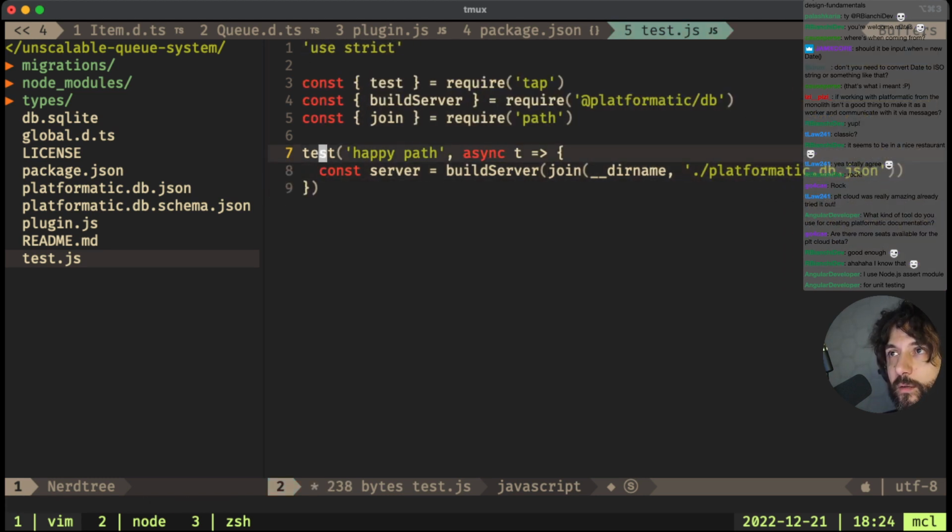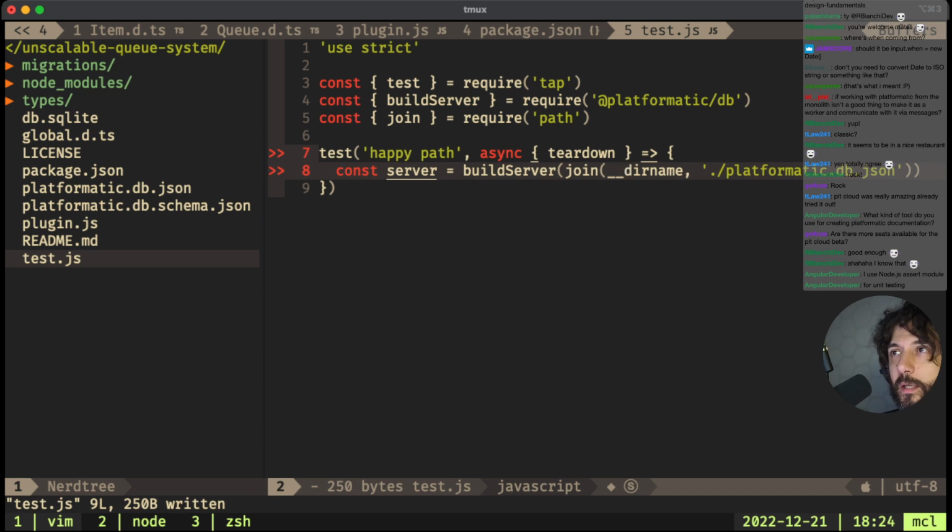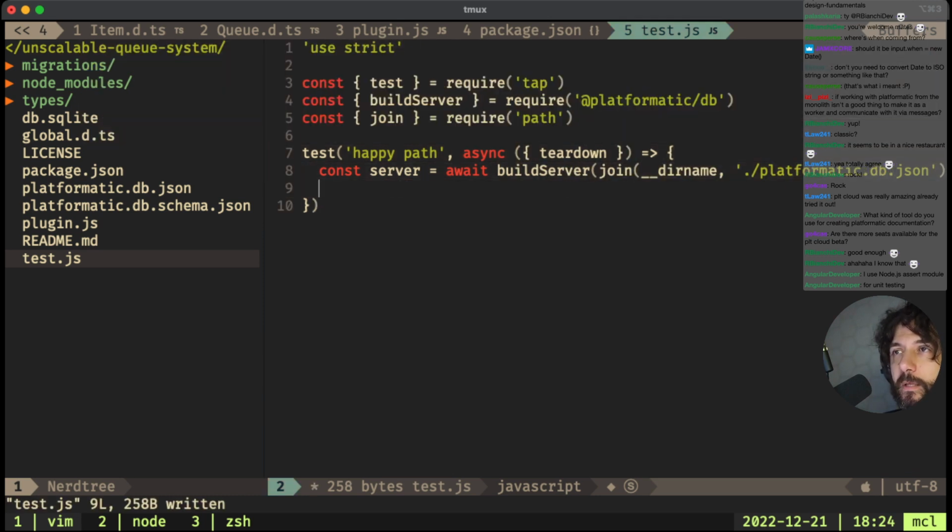Okay, and then we want teardown, and these we want to await. Why is this complaining? Okay, and then tear down server.close. Is it close or is it stop?